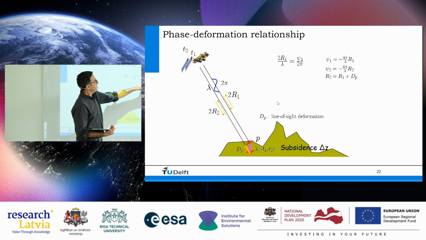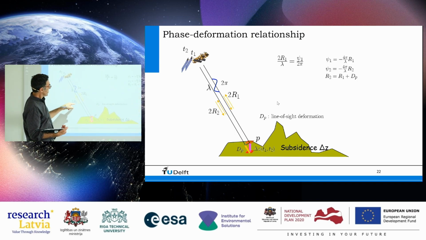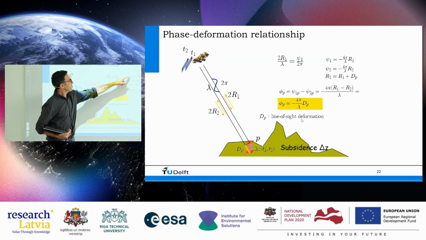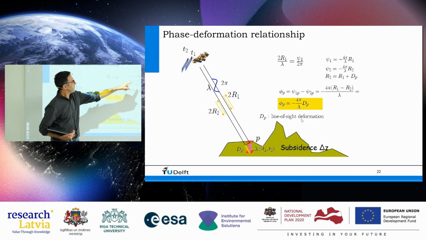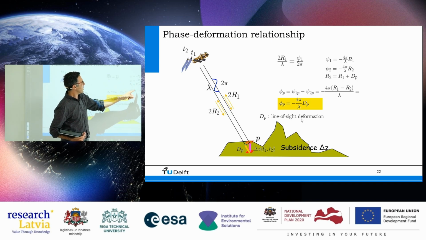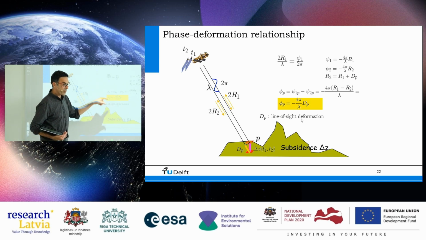For the second observation, I have the same distance, similar to what I showed you before. And now the distance R2 is the same as R1 plus this little piece of displacement. I can now subtract the two observations from each other, the two left-hand sides subtracted from each other. So the R1 drops out, and what remains is the displacement component. So this is the important equation.